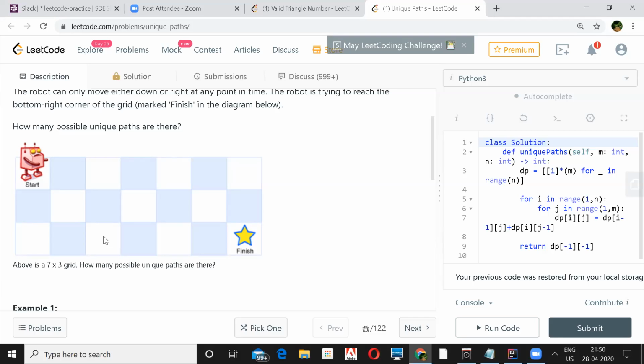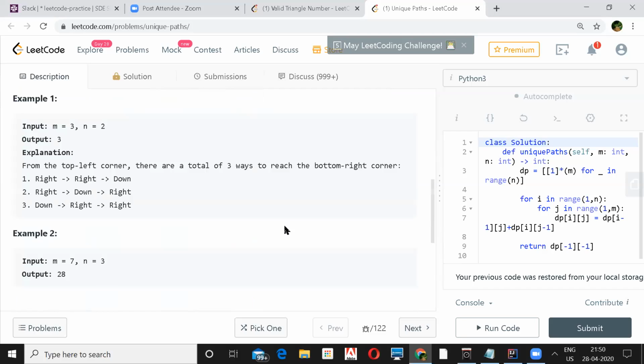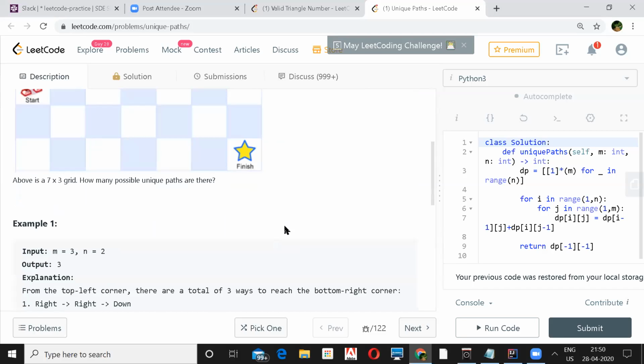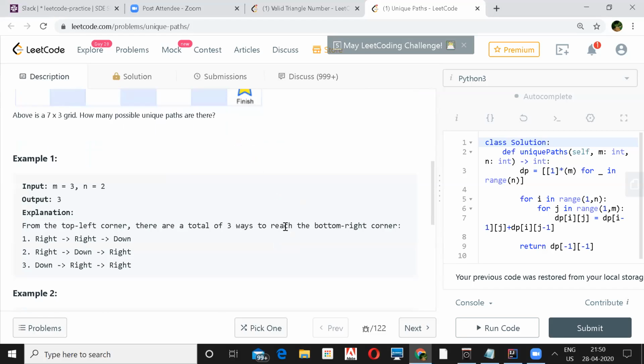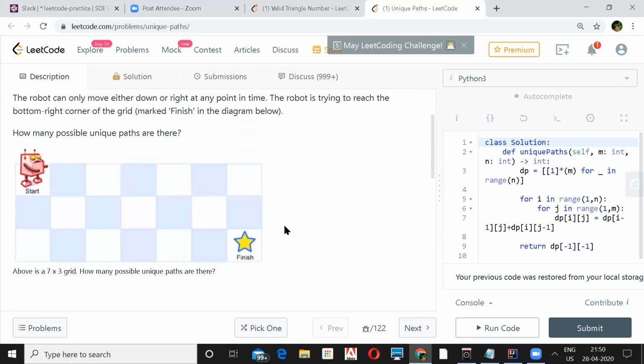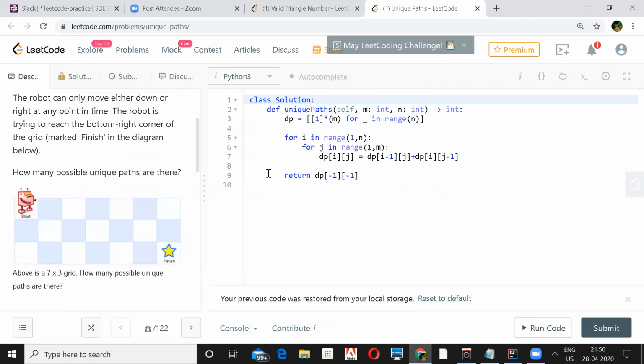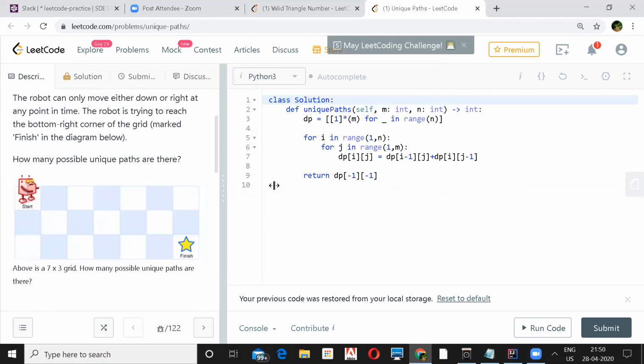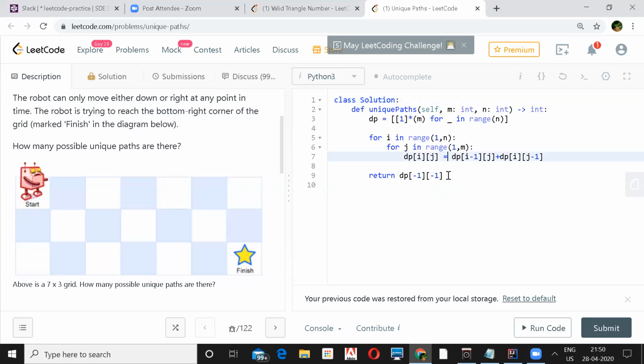Does anyone have any other approach, like something using DFS or DP only, or some other way? Yeah, so I had an approach, but it's not quite DP or DFS. I am not able to share the screen because I'm on a mobile right now. Okay. Yeah. So can you please write it down? I can just dictate it.